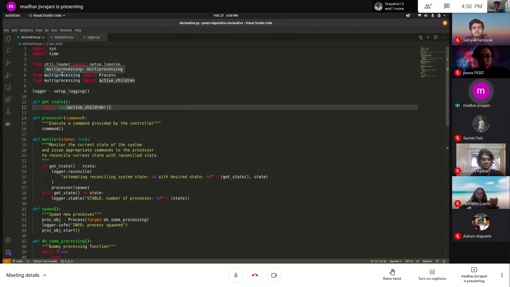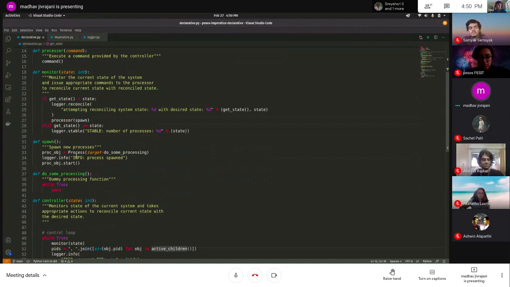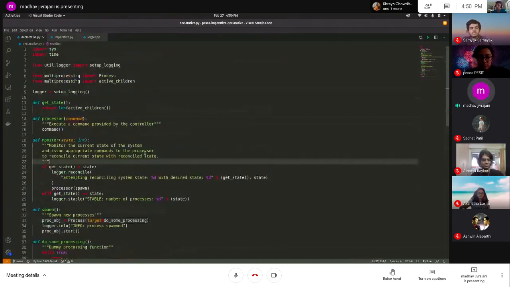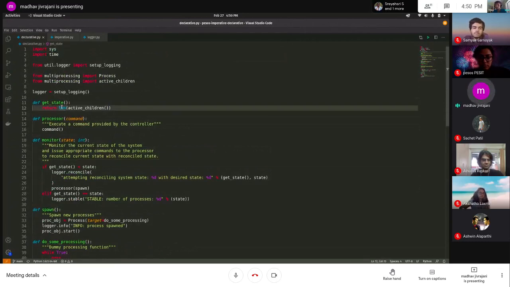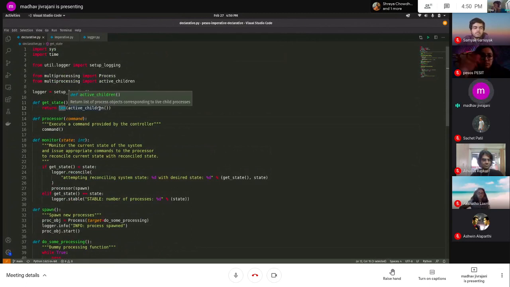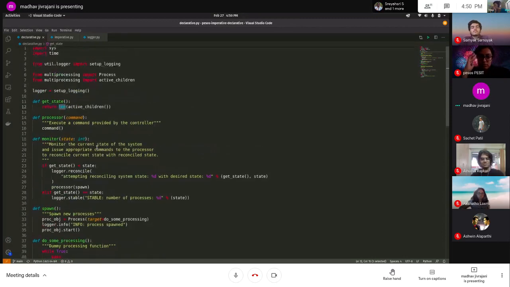Each member of that list is an object of type Process, which is what we create here. I don't care what is inside that list; all I want is the number of processes that are running, so I do a len on that list. That's the get state function.